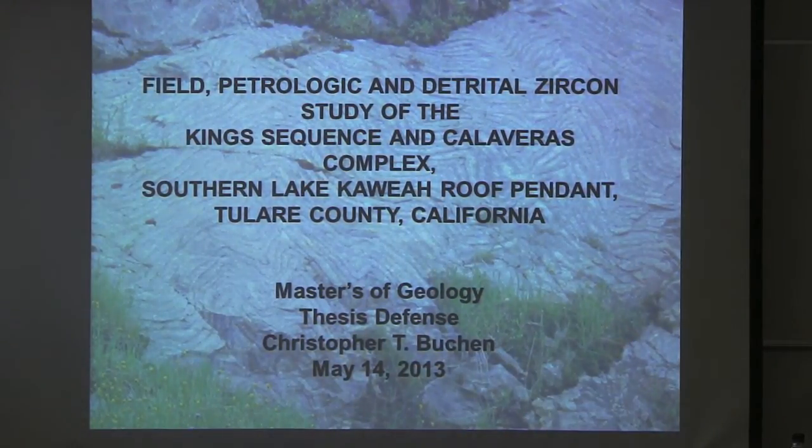The thesis that I am presenting here is called the Field Petrologic and Detrital Zircon Study of the King Sequence and Calaveras Complex of the southern Lake Kaweah roof pendant of Tulare County, California. Obviously, that's a specialized title, but it's really dealing with, I think, a very interesting period in the geologic history